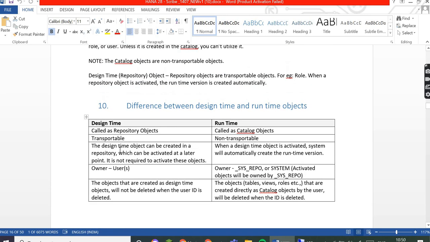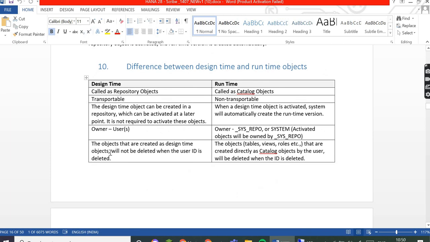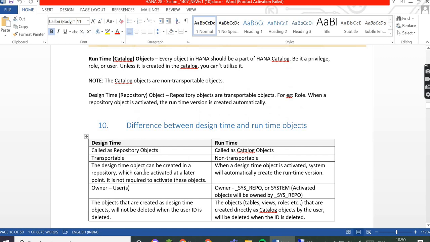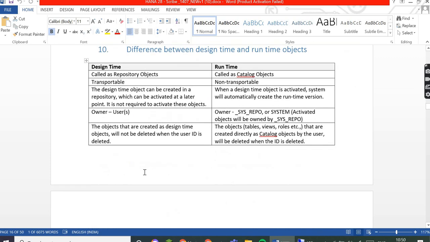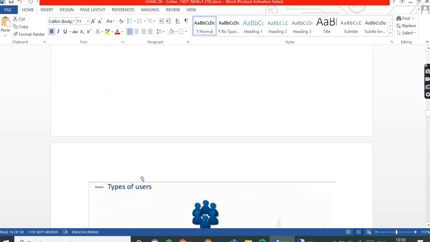So when the object is created, the design time object will not be deleted even if the user is deleted. The ownership automatically transfers to sys repo once we activate it, and this object will have the ownership.